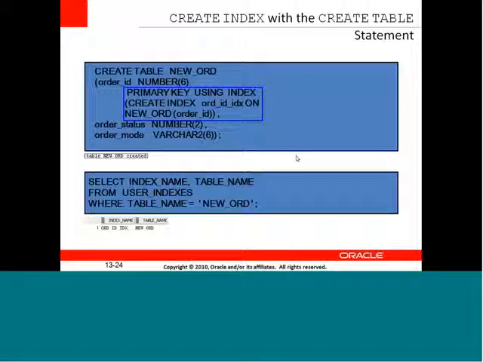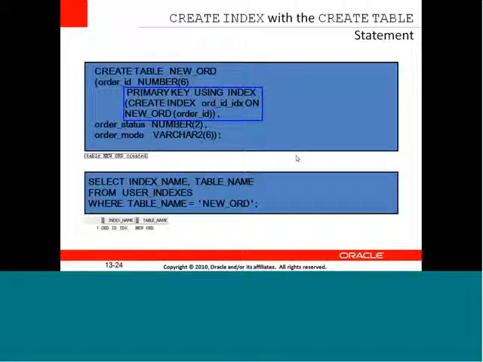Yes, perfect. So we are creating a new orders table, and the new orders table has got a primary key order ID. We are using it as an index, and the index name is ORD_ID_IDX.